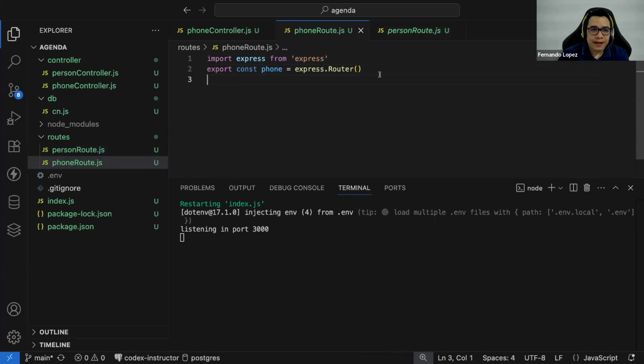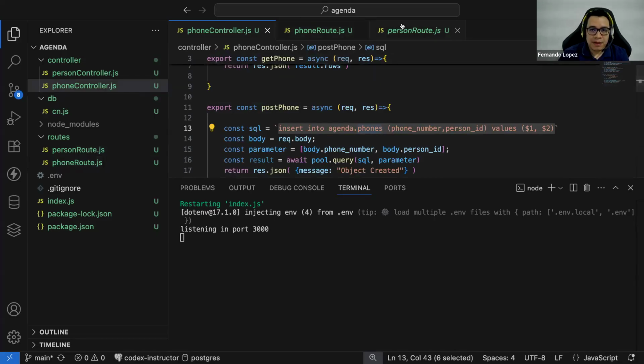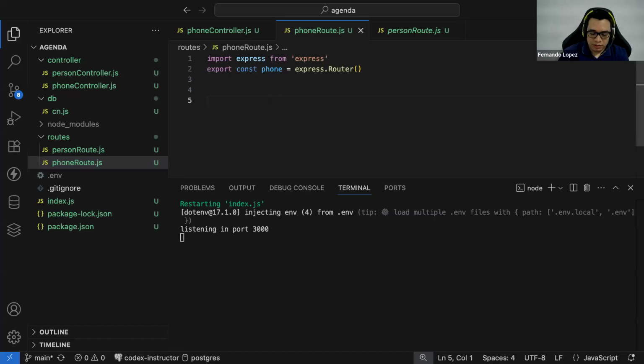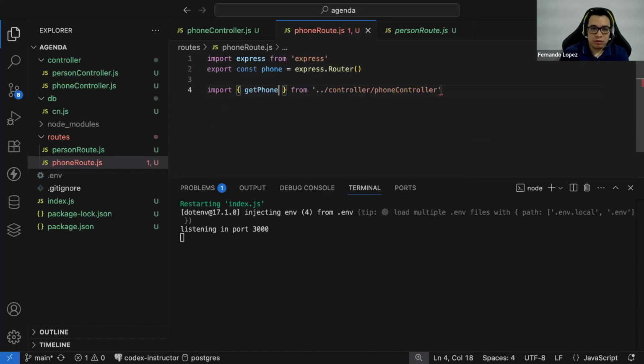Now, in this case, you can set up the methods, okay? Let's import the methods. Import get phone from the phone controller.js. And we're going to import the delete phone.